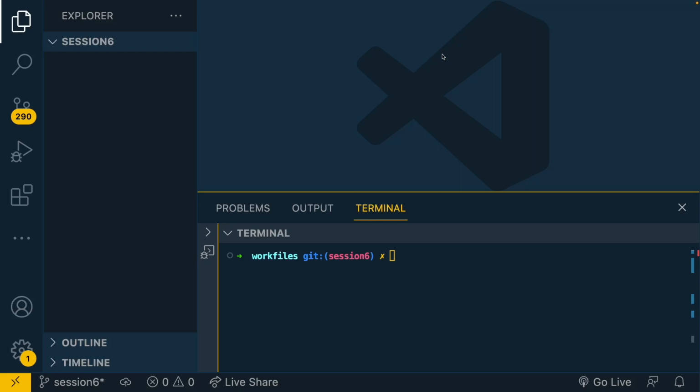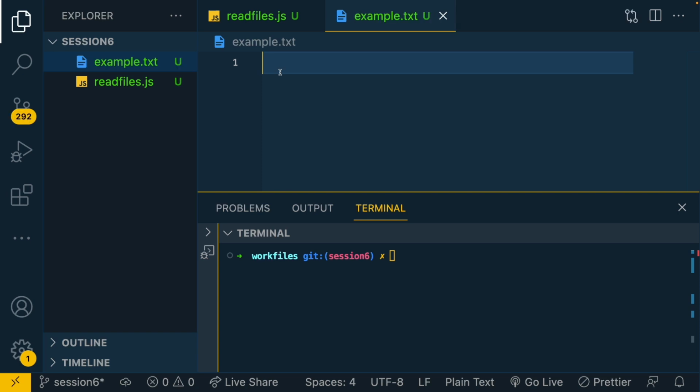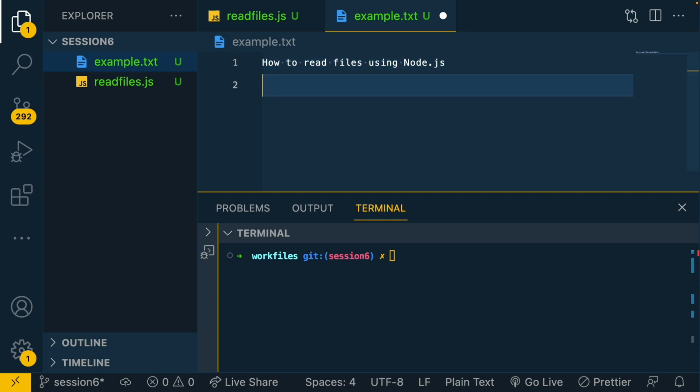So let's begin with learning how to read files using Node.js. Right here, I'll create a file and I'll call it readingfiles.js. And I'll create another file, I'll call it example.txt. In example.txt, I will write some text: how to read files using Node.js. I'll also write something like, this is the second line,